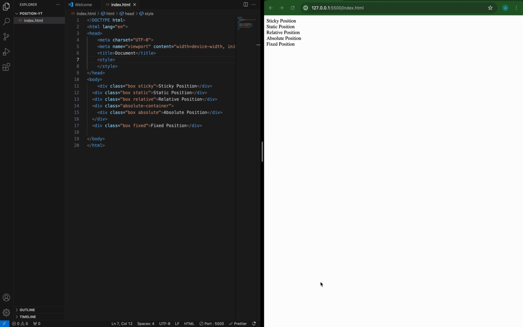Today I'm going to teach you how to use position in CSS. For this purpose, I have a sticky position, a static position, relative position, absolute position, and fixed position. Okay, let's start with some styling for each of these